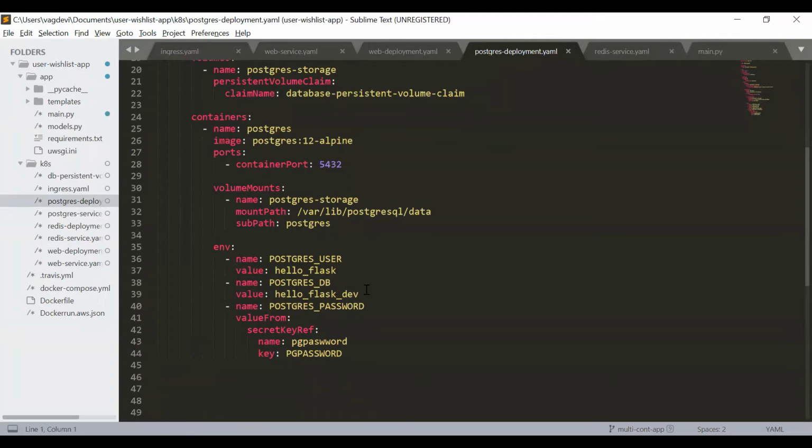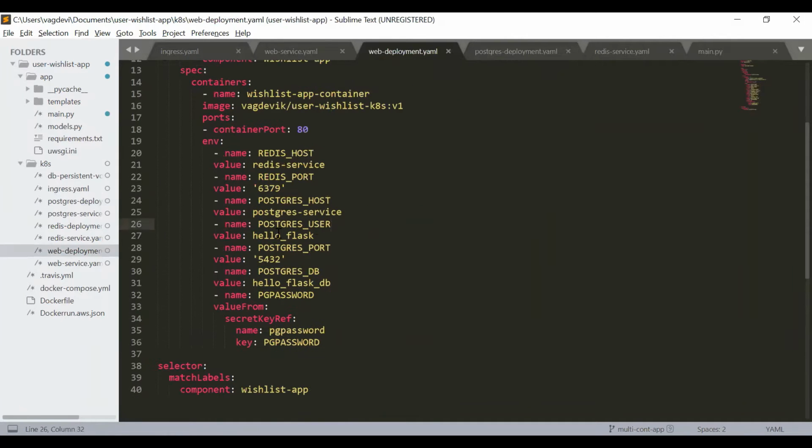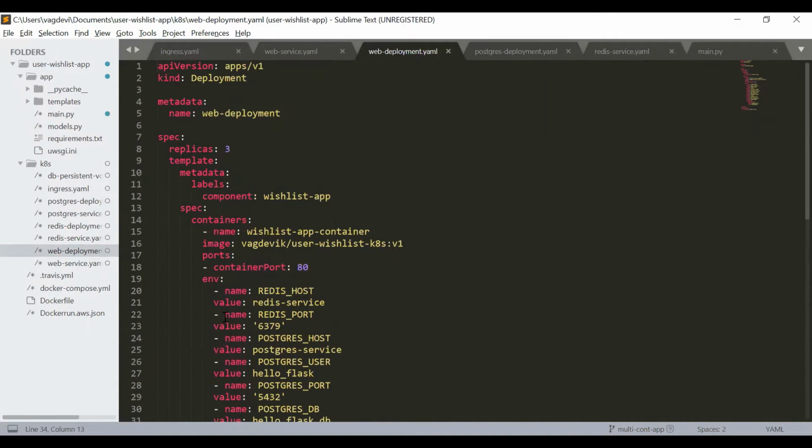This one, and Postgres DB, Postgres password, all these things. But the password is not given directly. We have encrypted it using the Kubernetes secrets object, and we are referring to that encrypted secret in the form of this valueFrom secretKeyRef with name and key.